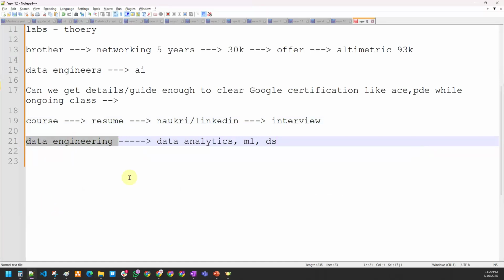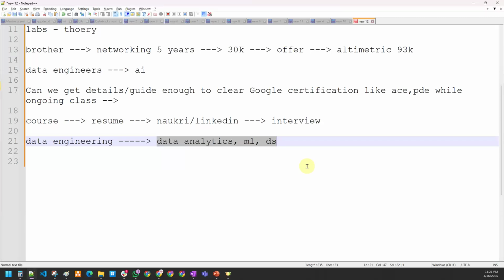Data engineers are highly paid jobs. People don't believe it, they say ML, data science, but no, data engineers are highly paid jobs. No one actually appreciates that. People always go for trending skills like ML, but these people also come to data engineering and work there, because data engineering will always have a lot of opportunities. Once your data is properly clean, people will come up like data analytics, Power BI developer, Tableau developer, ML and DS.